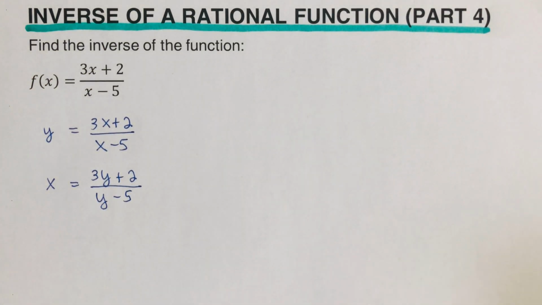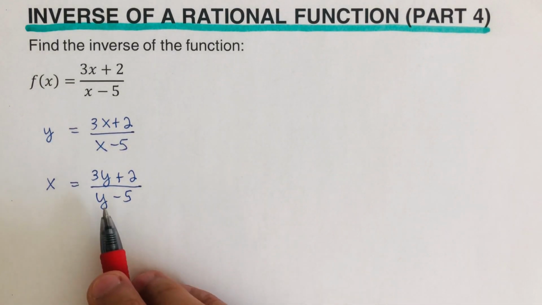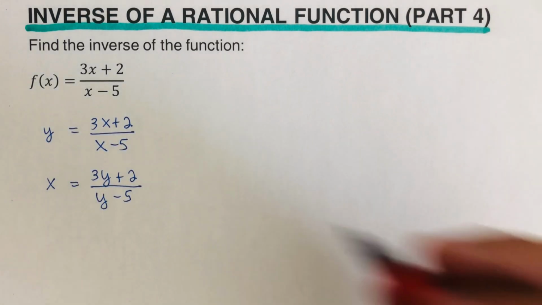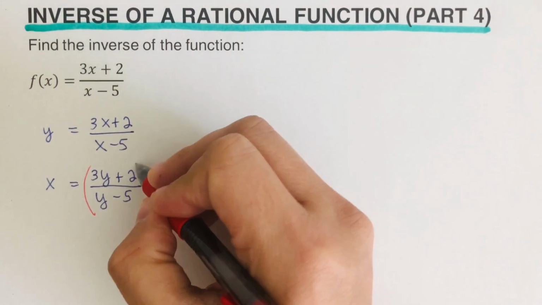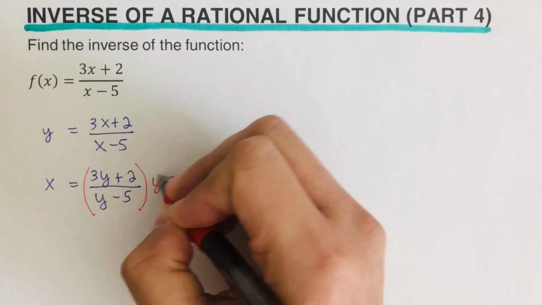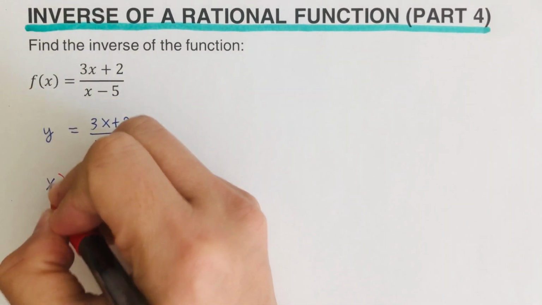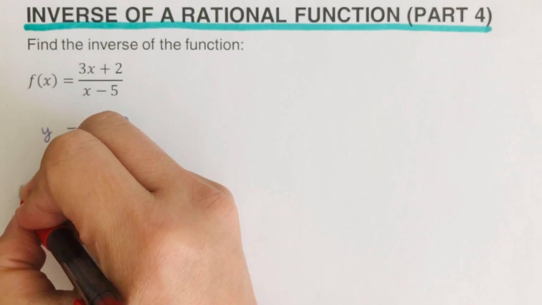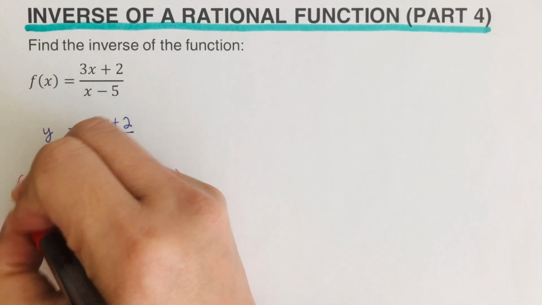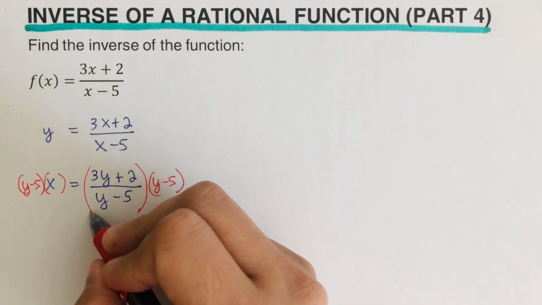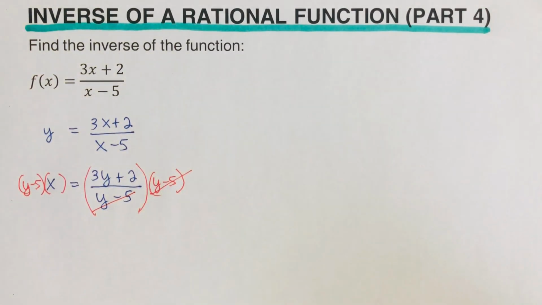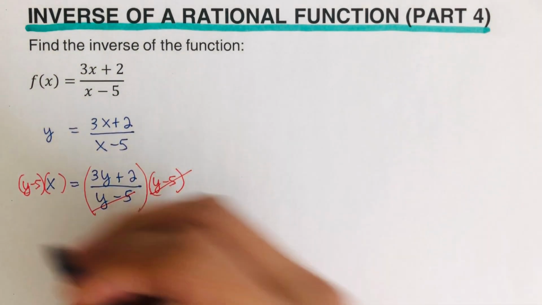Now, the first method that I'm going to show you in order that we can solve for y is undoing division. So this y minus 5, we want to get rid of this in the denominator, and we can do that by multiplying both sides by y minus 5. So I multiply this by y minus 5. I do the same thing on the left side, so that's y minus 5. So then I can go ahead and cross out the y minus 5 and y minus 5. Now, we are left with